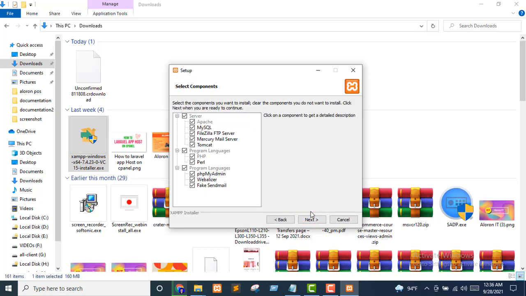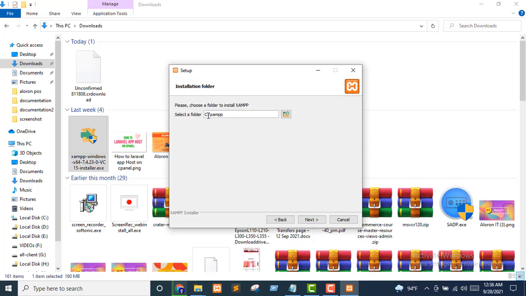and click next, next, and here you can select your custom drive and folder. I install this on C drive, or you can select any drive. Go to next, next, next. Here I do not go through the full installation because I already installed this application on my PC. So I cancel this